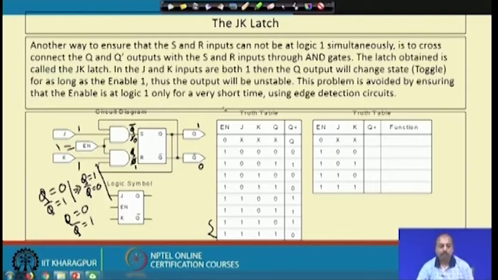The problem can be avoided by ensuring that enable is at logic 1 only for a very short period of time, by using some edge detection circuitry. The problem with this circuit is that as long as this enable signal is high, whatever values are coming in on J and K are taken into consideration. So if we can do something so that this enable is not high for a significant amount of time, and is active only for a very small amount of time,